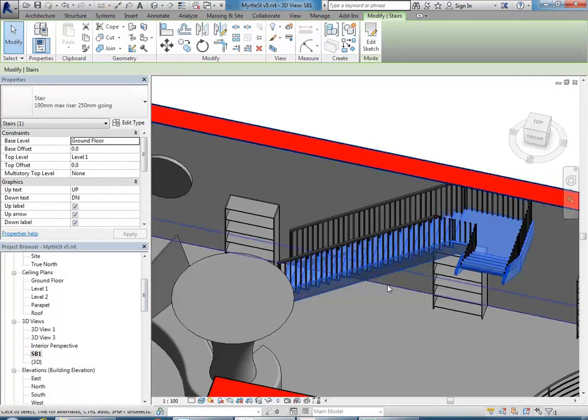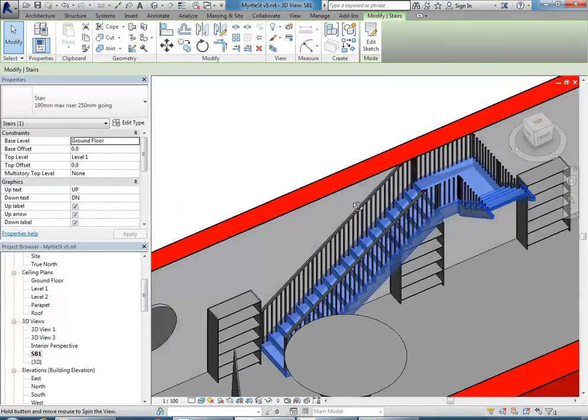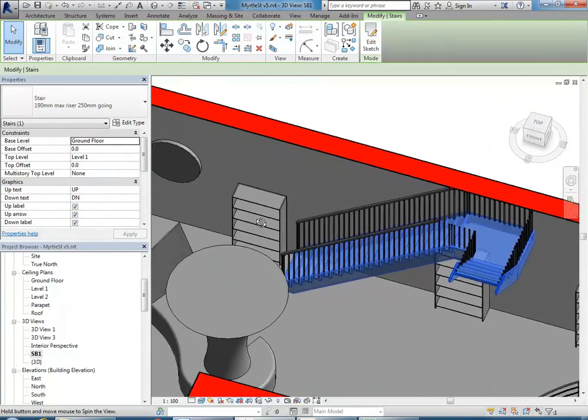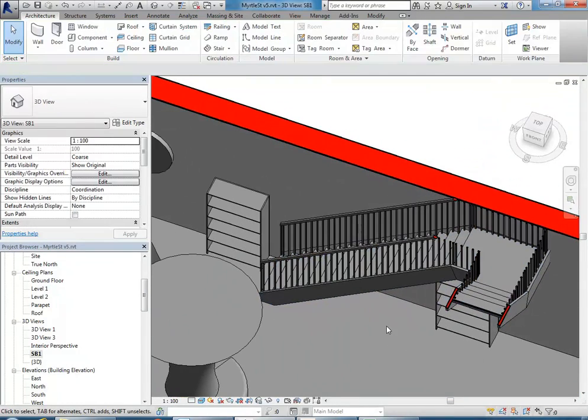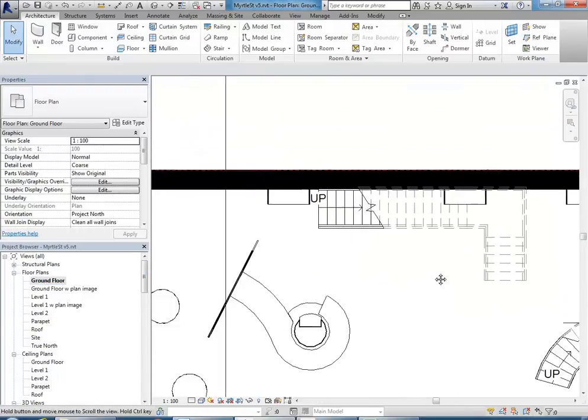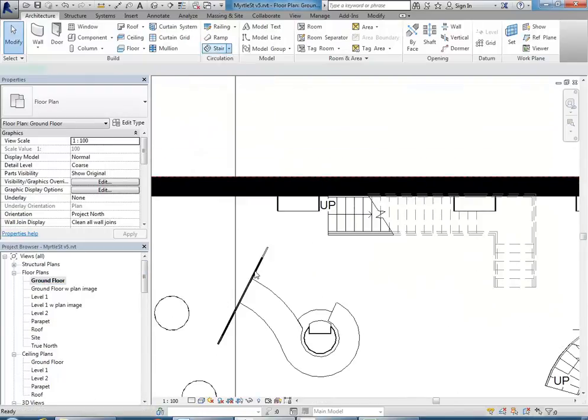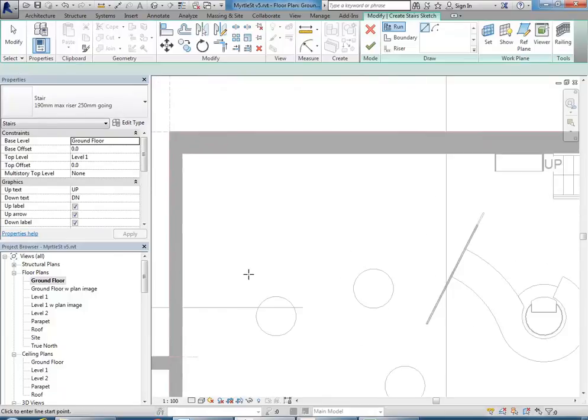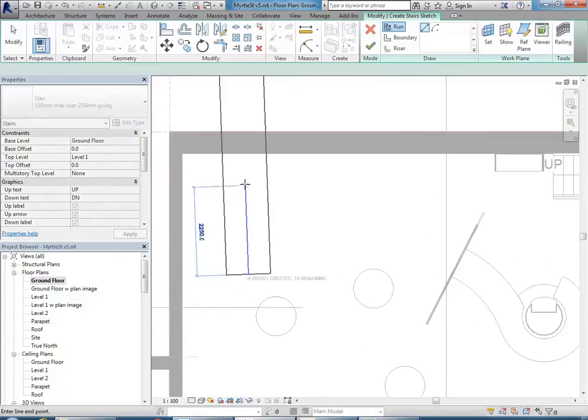I'm going to make it a little bit more of a design styled stair. So, I'll just do that quickly, that's easy. So, yep, I'll just do a quick U. Okay, so again, stair by sketch, and I'll just do one over here. So, we've got 26 rises, so if I do 13,